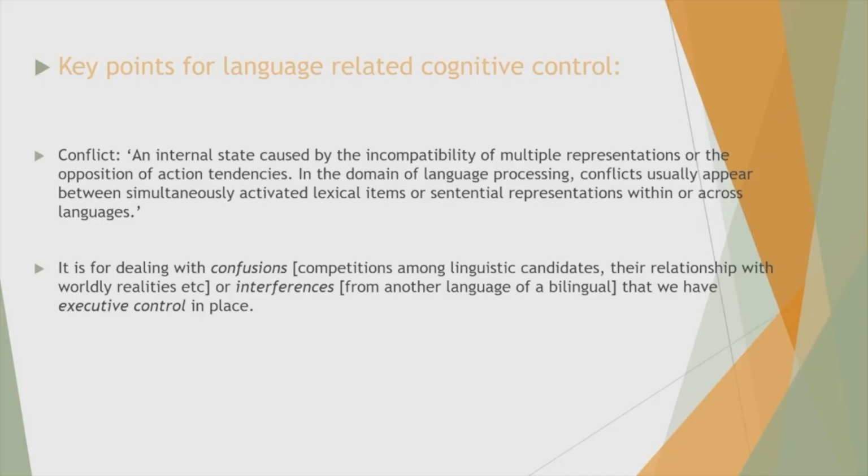So, conflicts can arise. An internal state caused by incompatibility of multiple representations or opposition of action tendencies. This is what conflict is all about. In the domain of language processing, conflicts usually appear between simultaneously activated lexical items or sentential representations within or across languages. So, a lot of the research connecting language with executive control basically revolves around